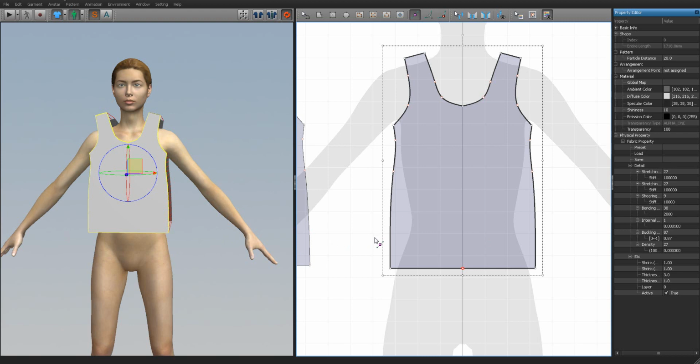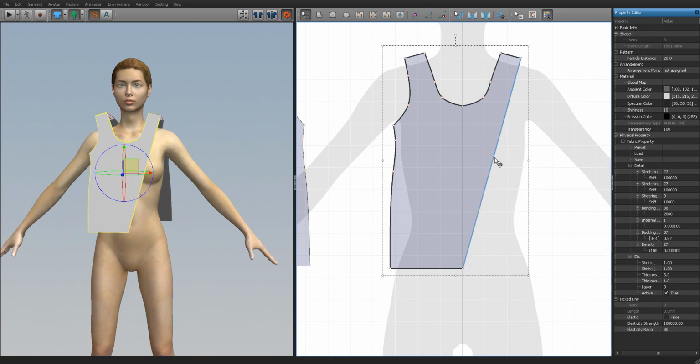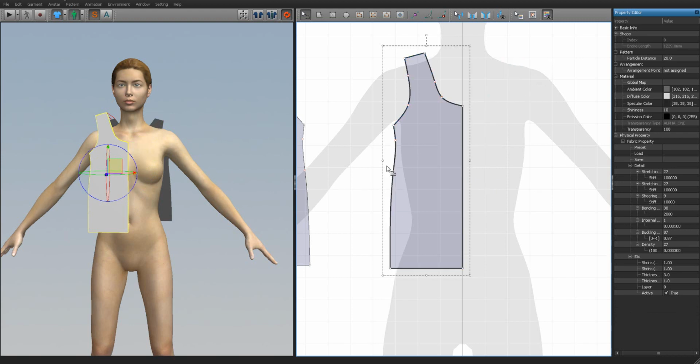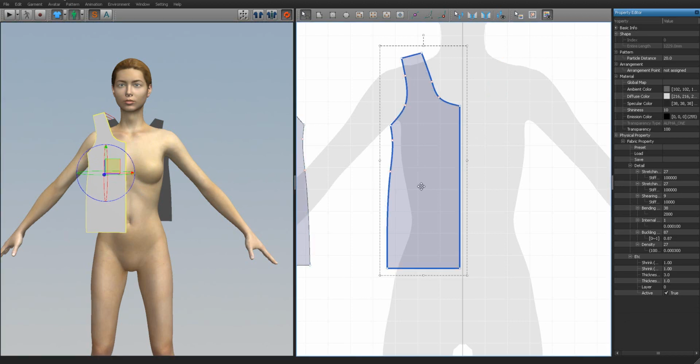So what I'll do is, we're going to go into edit pattern mode, and we're going to start on this side here, and we're going to delete. The thing not to do is delete this one here, because it's going to delete that point and it's going to come over here. So let's come up here a little higher, then delete. Now we got half of this, and I want to make half of the shirt, so I'll bring this over just a little bit. We'll bring this one over just a little bit here, and I'll get a copy of this. Control C, right click, mirror and paste this one over here,